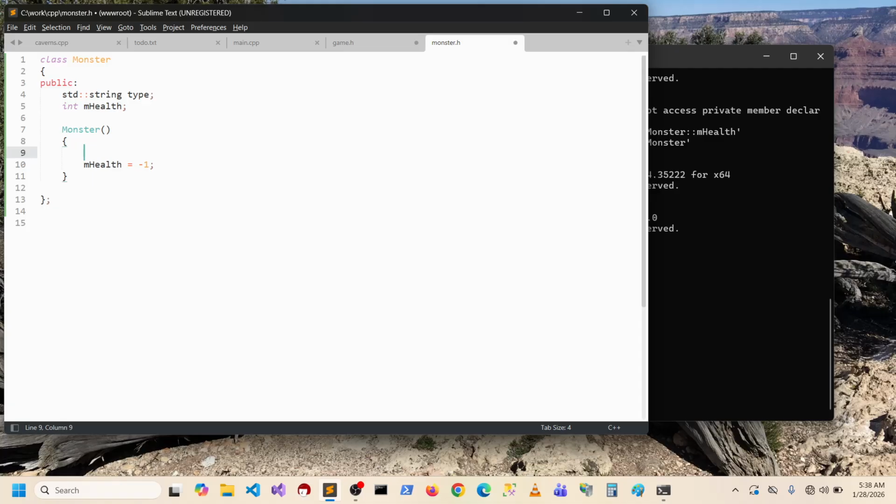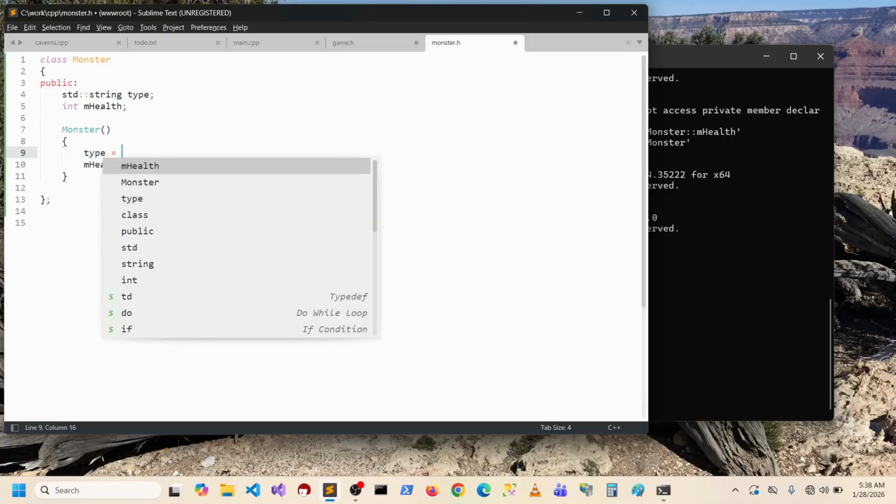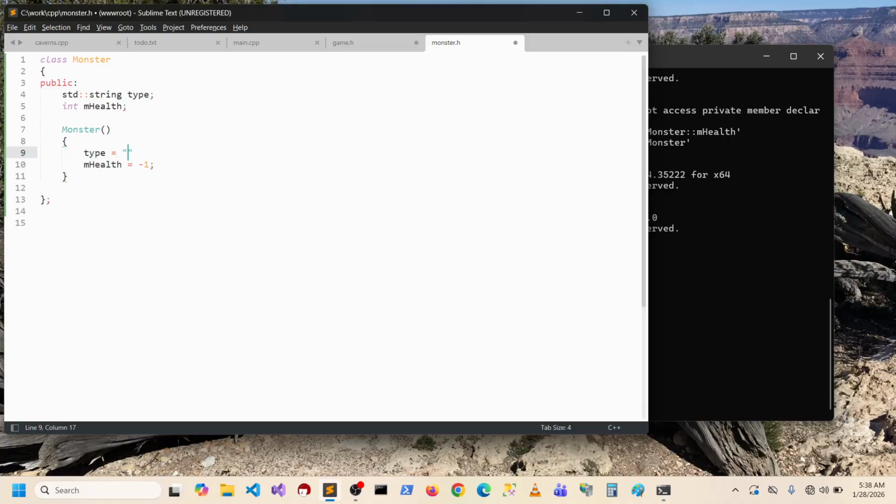We like -1s. We got type. All right, let's do that. And then in game, we want to have